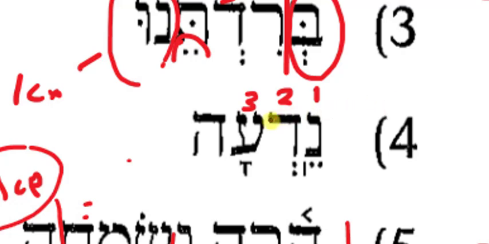Well, it's always theoretically possible, right? But the question then would become, what would the vowel pointing be doing here? Why would I have a sere under root 1? Do I see a sere under root 1 in any of my stems? No, I don't, right? You look at your principal parts, you won't find this.